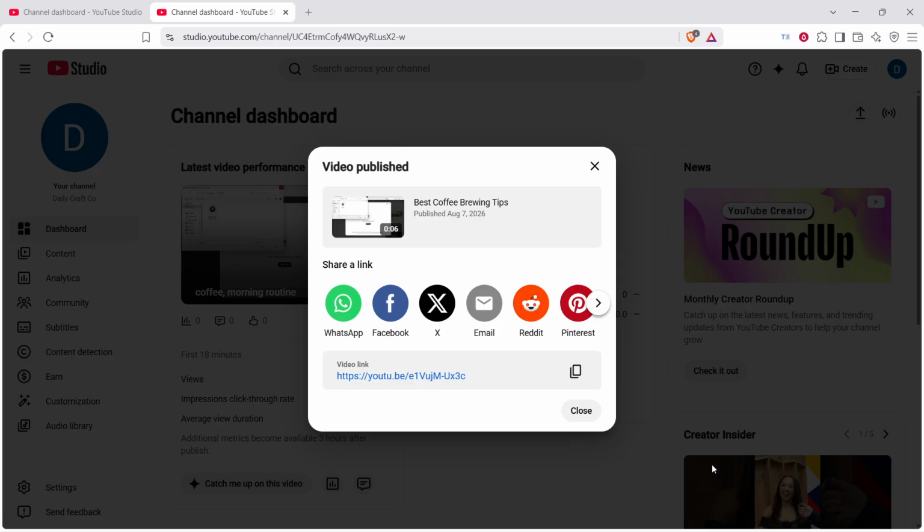If you want to schedule your video for later instead of publishing immediately, choose Scheduled under Visibility and pick your date and time. You can always change your video's visibility after publishing by going back into the video details from